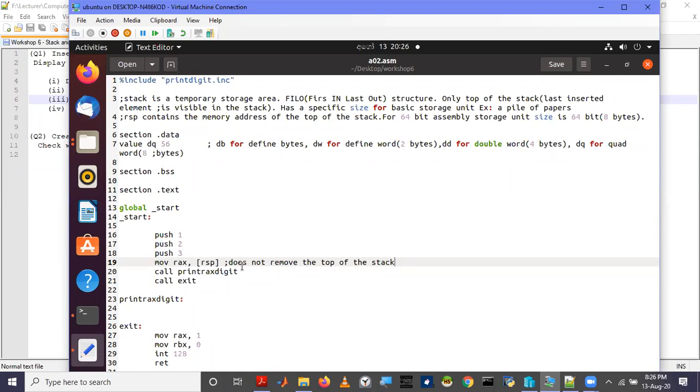But this is not the pop operation. This is just copying what is at the top of the stack into some register. This operation is known as peeking.